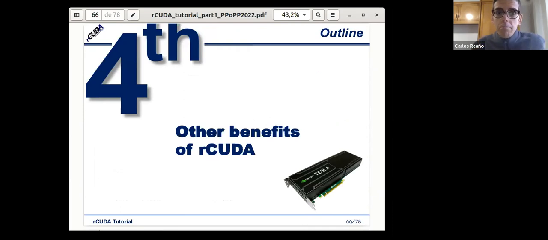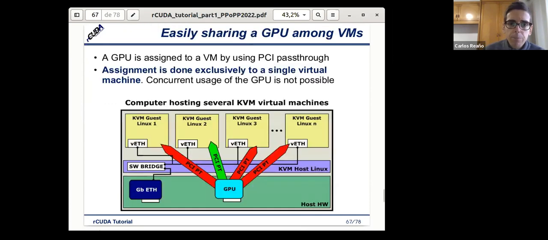Okay, so are there more benefits of using remote GPU virtualization, of using rCUDA? Let's see more benefits. For instance, one benefit is when using virtual machines.